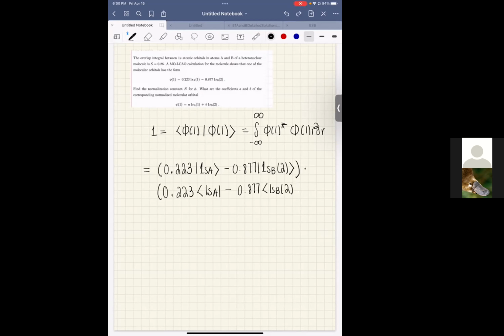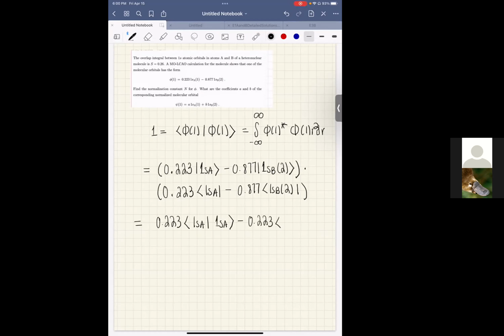Oh, and we do this. So we can solve this, and this will just equal 0.223. After multiplying, that's 1s_A, there's 1s_A, and that's minus